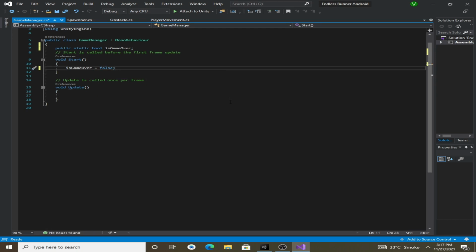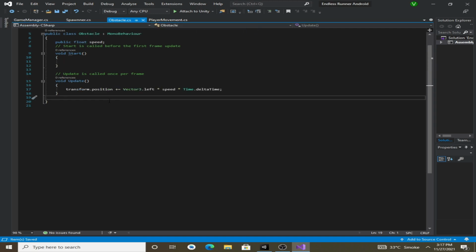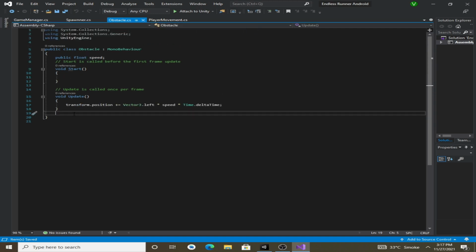And now we can go into the obstacle script, and here we can make an OnTriggerEnter2D method, which is an inbuilt method for detecting collisions in Unity.